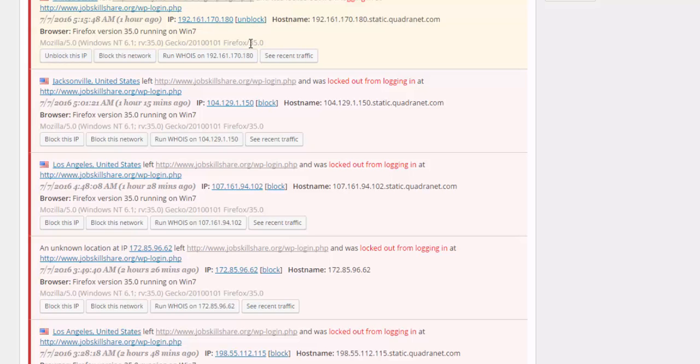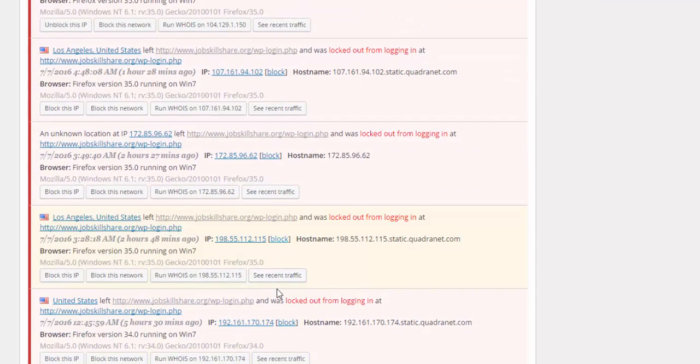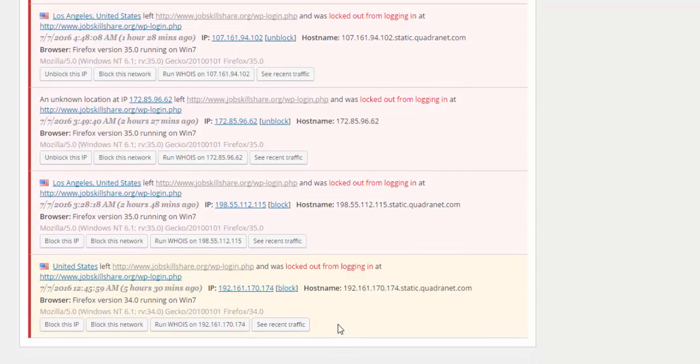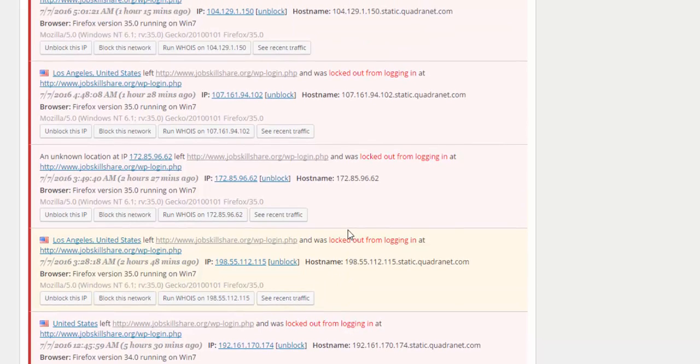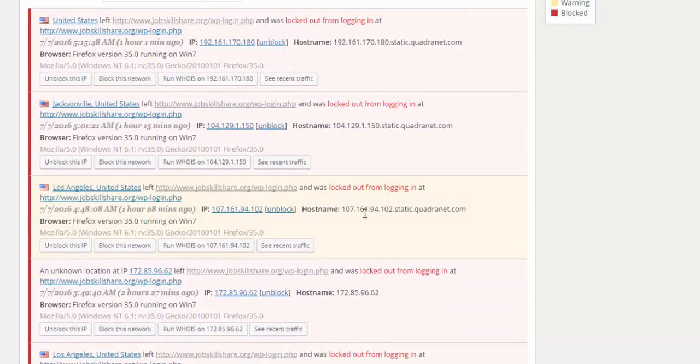Click on block, and right now it's blocked. And you can just go over all of it, block, block, and block. So at least these IP addresses won't get used again. But the best way would be to just get this host. So you get that,